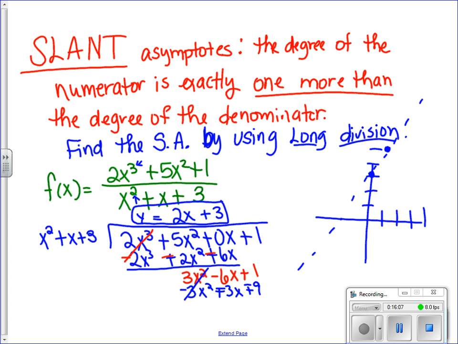So that's how you do a slant asymptote. How to graph it? You start with your y-intercept of 3, and make a point. And then this is your slope, 2 over 1. So you go up 2 over 1, make another point, and connect the points. We are not going to graph today. We're going to find all the stuff associated with the graph. So there will be no graphing today. If you look at your page from yesterday,